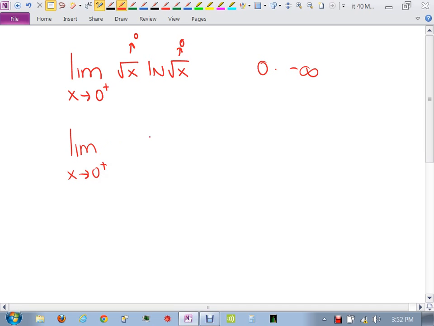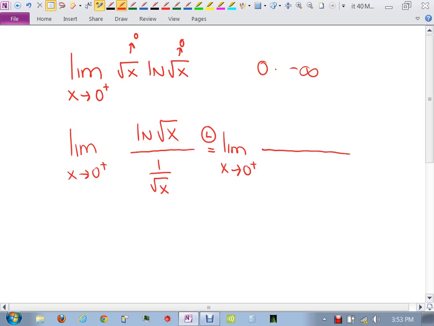Move the square root of x down. Okay, so I should write natural log square root of x over 1 over the square root of x. Now you don't have to check this, but that is going to give you infinity over infinity. You can go straight to L'Hopital at this point. And what is the derivative of natural log of the square root of x? 1 over the square root of x times,